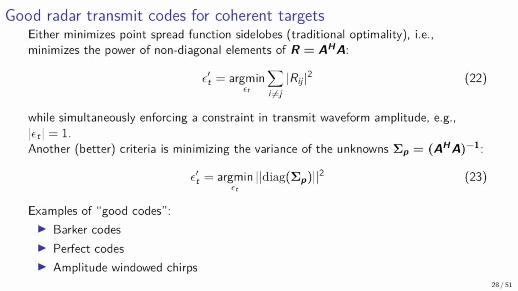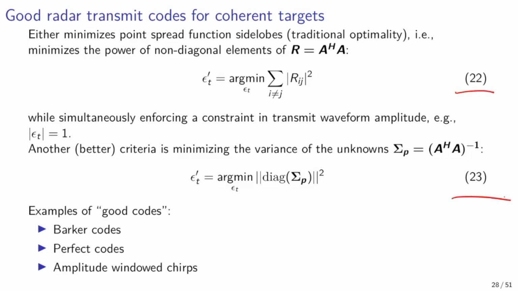Good radar transmit signals or radar transmit codes for measuring coherent targets exist. They can also be searched for using optimization algorithms. In some cases, even perfect radar transmit codes can be created mathematically. The main optimality criteria for radar transmit codes in the case of coherent radar targets are shown in equations 22